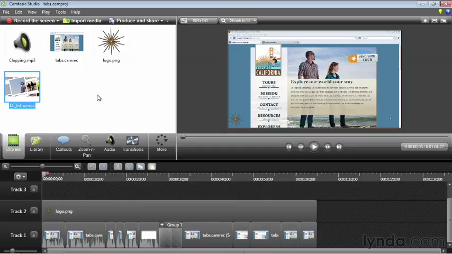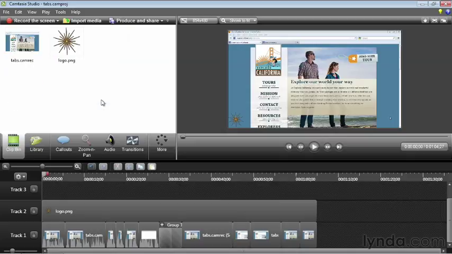Finally, you can clean up your clip bin by removing any extraneous files that you're not currently using within your project. Right now, we have our logo.png file added into our project, but we haven't added clapping.mp3 or our ec_intro movie file. We can go ahead and clean up our clip bin automatically by right-clicking in the clip bin and selecting Remove Unused Clips. This will get rid of any of those clips that we haven't used, and it'll keep our project file nice and clean and easy to use.